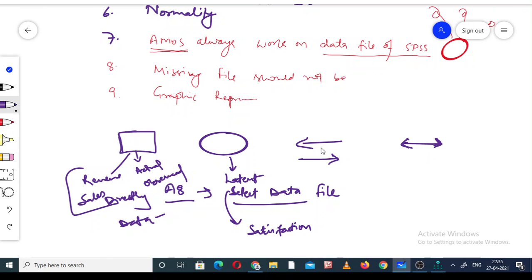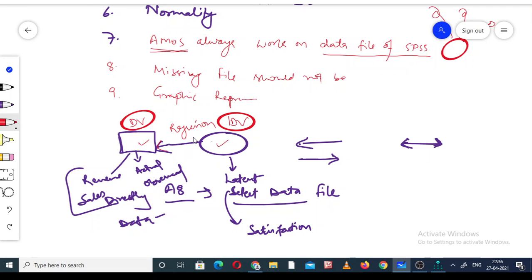One-sided arrow and two-sided arrow. A one-sided arrow can be used, suppose this is one example. We take the red color. This is the example of regression, the relationship between these two. So a one-sided arrow goes either in or out. This is the dependent variable. This is the independent variable. Because this one is out of the arrow and this one is inside the arrow.